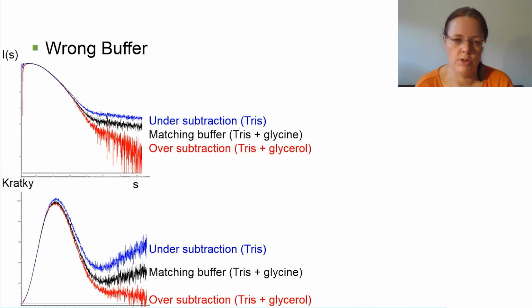So this is one of the steps where it's really important to do a final dialysis, where you dialyze all the samples against the same buffer at the end, and then you can use the same buffer for all your measurements. And this here is just showing what happens if you're taking the wrong buffer. So the sample was measured in Tris and glycine, but if you only subtract the Tris buffer and you have an under subtraction, this is what it looks like in your log file and in your plot. And if you do an over subtraction, so if you subtract glycerol instead of glycine, you can see that the curves really change, not only here at the far S, but also in your low S. And this is the part that you're using to calculate the Dmax.